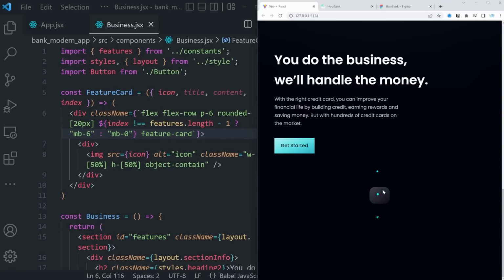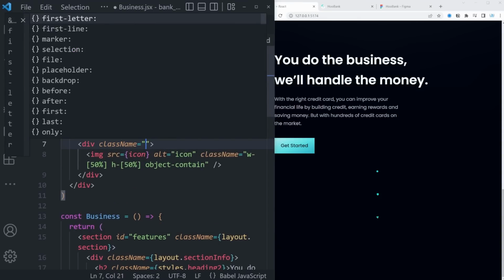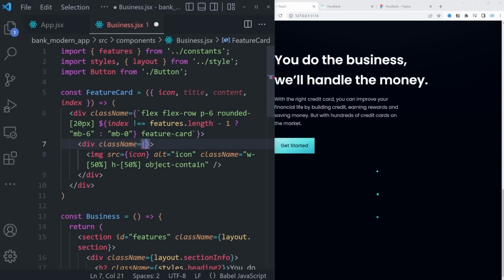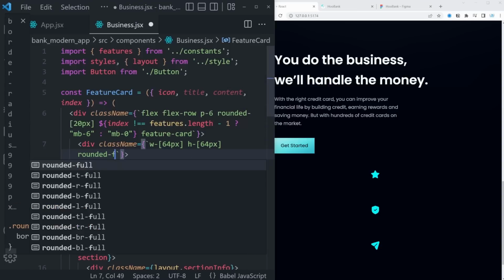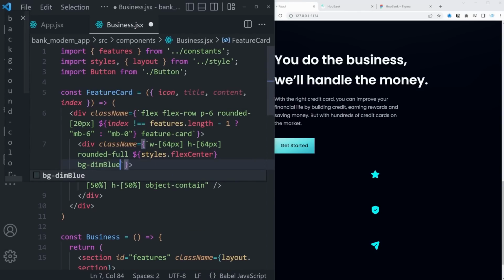It is like a box that has an icon in there, but let's style it just a bit more. This div containing the icon is going to have the class name equal to, and let's make it dynamic. That's going to be w-64 pixels, like this. It's also going to have an h-64 pixels. If we save this, okay, now we can see those icons. Also rounded-full. Let's also give it styles.flexCenter and bg-dimBlue. There we go. So now we have a circle around the icon and we have something that looks more like